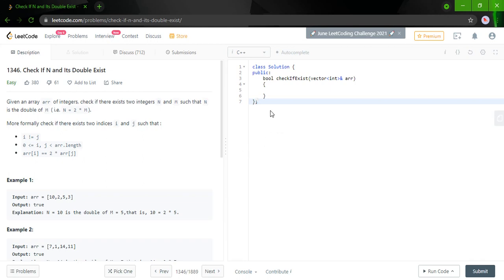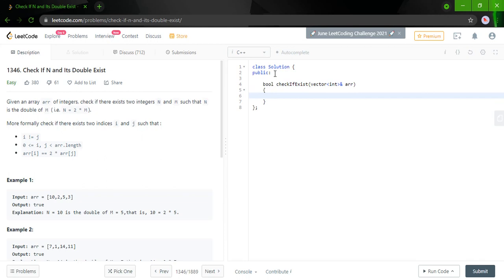I'm sharing the solution because it beat almost 94% of the submissions for the time constraint. It's a very simple solution. First we'll start by sorting the array. Since it is C++, I'll be using the maximum of inbuilt functions. So I'm going to use the sort function, arr.begin, arr.end. Okay, so now the array is sorted.